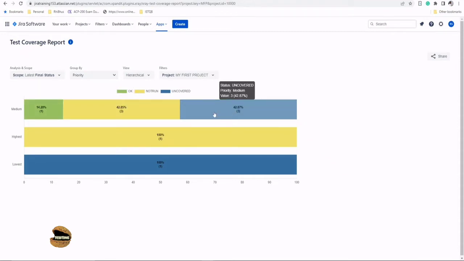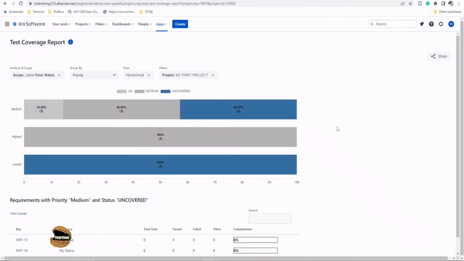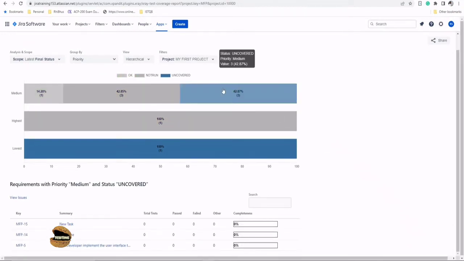Let's click on this and see if there's any kind of outcome which we can see at the bottom. Yes, exactly. If you highlight this blue color uncovered and click on it, you would see more statistics about what those items are which are not being covered as per the medium priority. So you see requirements with priority medium and status uncovered. There are 3 stories here, MFP 5, 14, and 15, which are summarized as so and so, and don't have any kind of test, any kind of executions with pass or fail status,